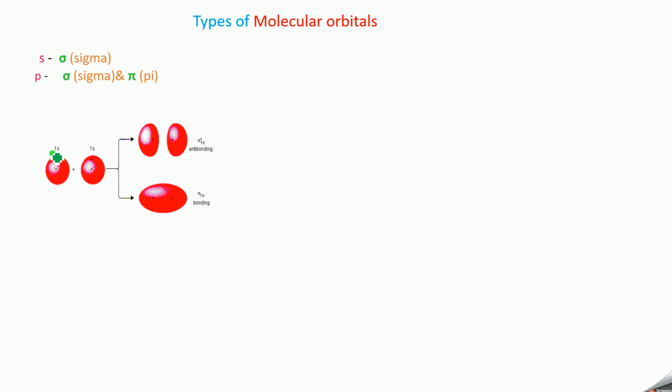So here you have a 1s atomic orbital and another 1s atomic orbital. They will mix to form two molecular orbitals. One is sigma 1s, which is the bonding molecular orbital having lower energy, and sigma star 1s, which has higher energy and is the anti-bonding molecular orbital. This bonding and anti-bonding I have discussed in the last video. So you get sigma 1s and sigma star 1s due to head-on overlap of the 1s atomic orbitals.